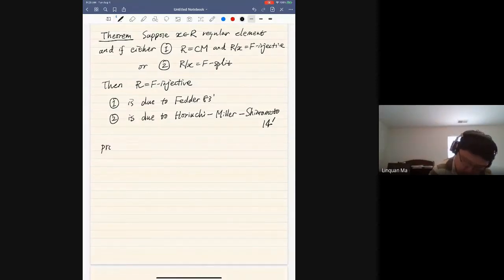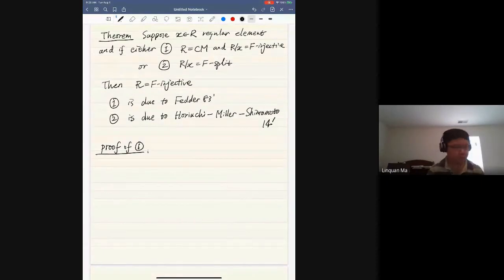Okay, so let me sketch the proof of these two results. Let me first prove the Cohen-Macaulay case. The proof in this case is actually not difficult. So if R is Cohen-Macaulay,